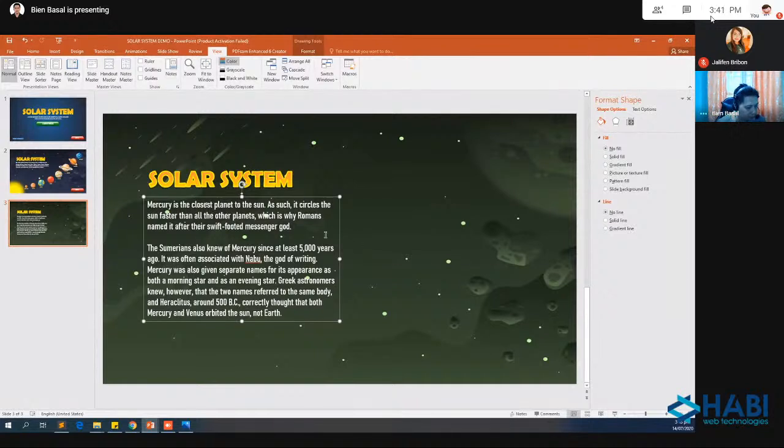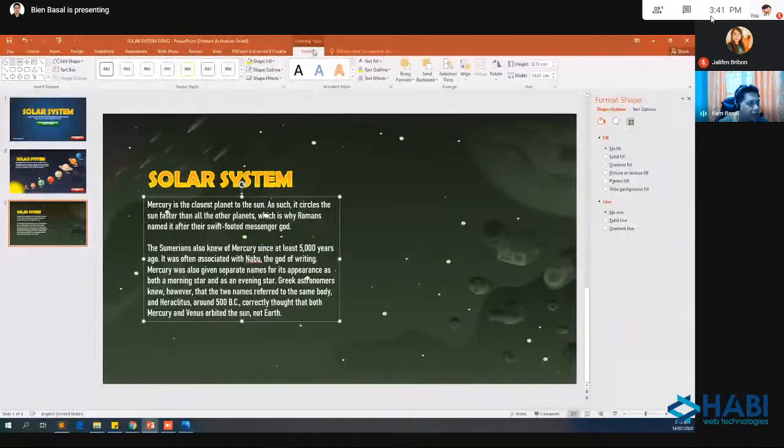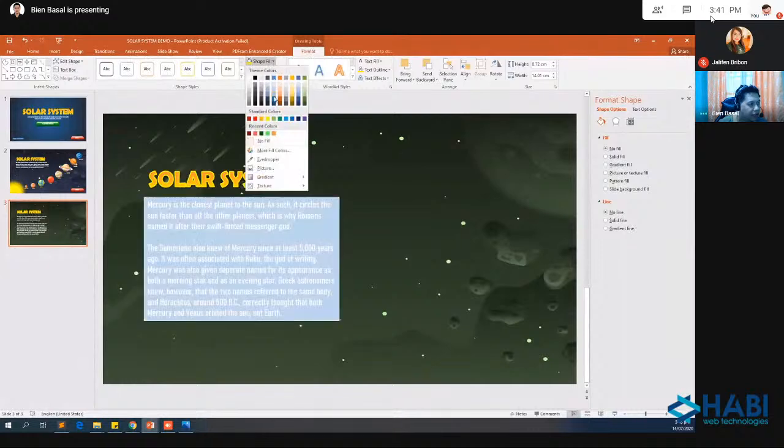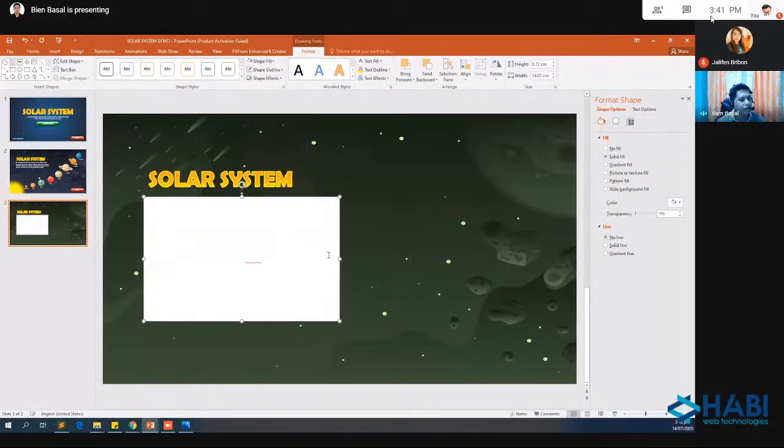Now, observe here. I will select the container. Select the container. And I will proceed here to the format. I will select shape fill. I will add white. White color. Now, the problem is the text is not visible now. But I don't want to use plain white as my background for the text because it's too loud.